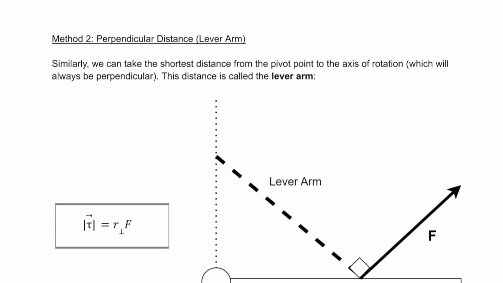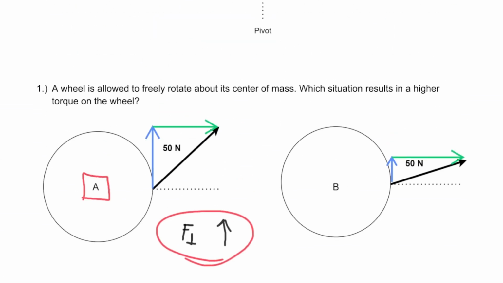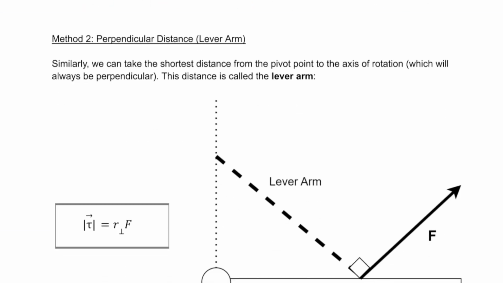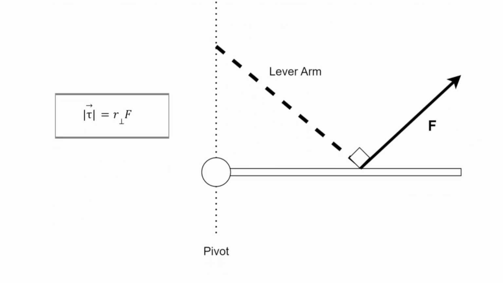Next, we can move down to the perpendicular distance method, also known as the lever arm. So here we said, okay, let's just split the force into the perpendicular part. Well, same thing can be done with the distance, and we call that the lever arm or the moment arm. So instead of splitting the force up like we did before, where we just split the force F like this and found the perpendicular part,